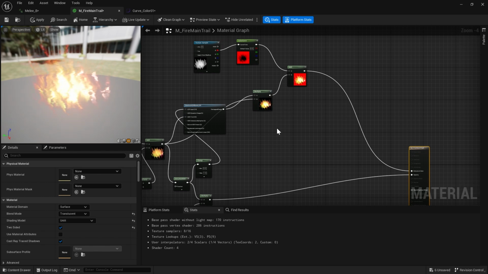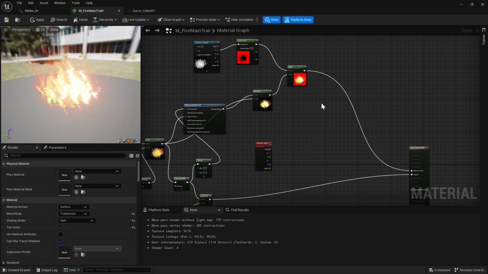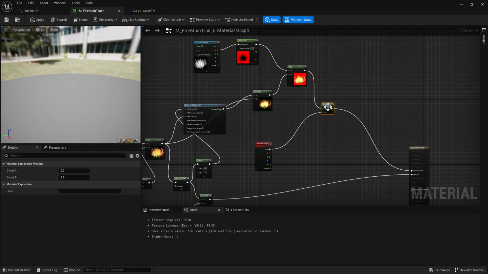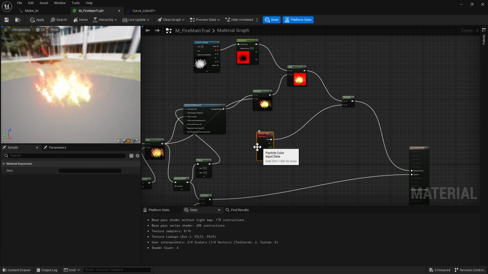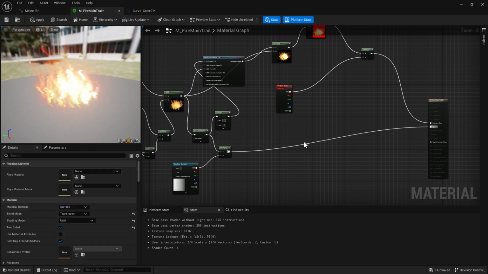Now, of course, we need to add the particle color and among other things, so let's add it now. Yeah, let's do it. So particle color, and I want to multiply this by this RGB and plug it on the emissive. It's great. And now for the opacity, I want to do it